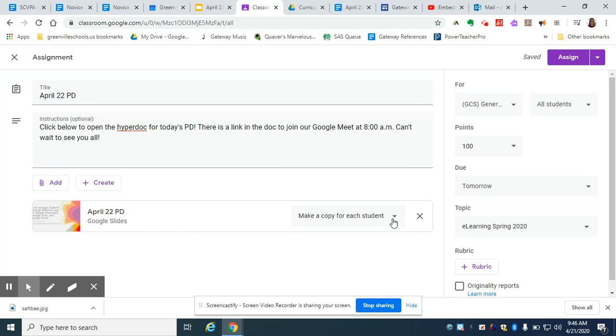I will address in separate videos that you need to make sure that whatever you are sharing from Google Drive is shared properly so that students are able to view it. And I will also address the fact that